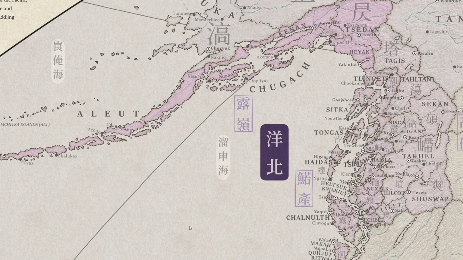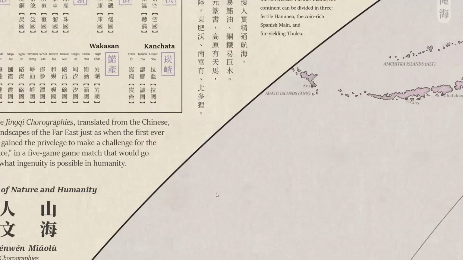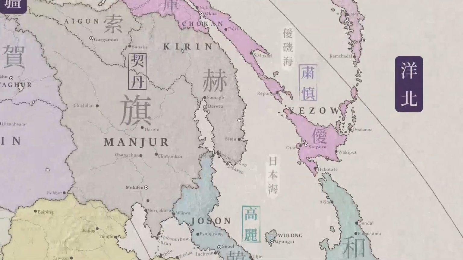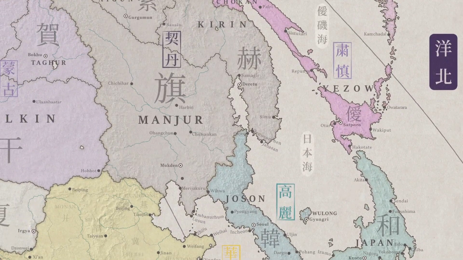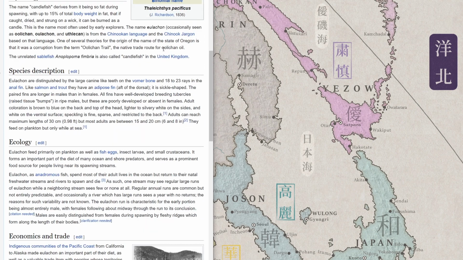Because the people in the Pacific Northwest are also ocean going. Dugout canoes can go weeks into deep blue water ocean. And we know that sometimes whaling expeditions will go without sight of land for days. Anyway, so I have it so that the Ainu bridge contact, and there's very good trade incentives because eulachon